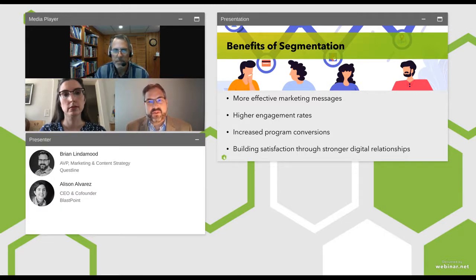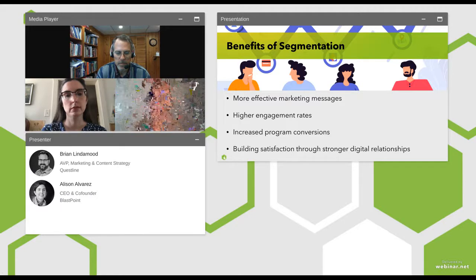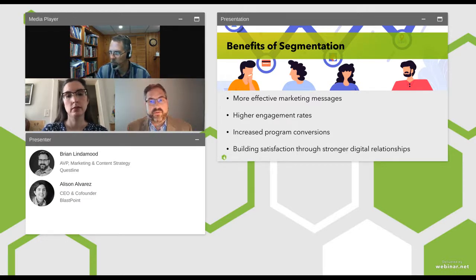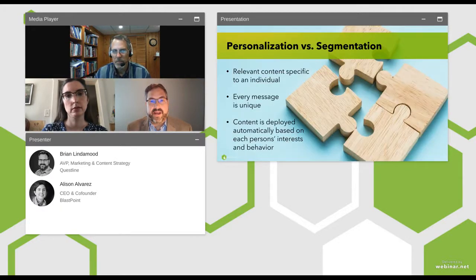Instead, you can send a targeted message just to customers who are most interested in that program and speak to their specific motivation. Take luck out of the equation. Ultimately, as we've seen, when customers see that you understand them, when you build a digital relationship based on your customer's interests, that is the foundation for strong customer satisfaction.